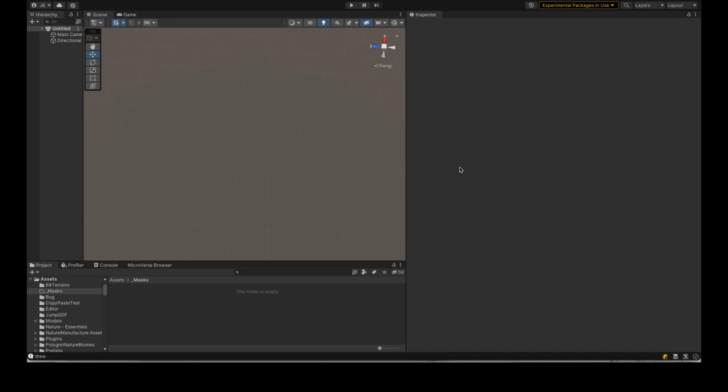Video to show off the MicroVerse Masks module. It can be kind of unclear what this is for from the asset description. It's a very technical description as opposed to a use case description. But essentially what you can do with this module is you can generate data for other programs or parts of